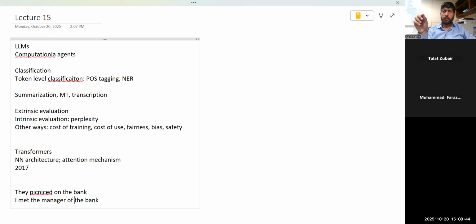And in the first sentence, it will be most primarily influenced by the word picnic. जब उस बैंक का वर्ड को पता चला कि पीछे पिकनिक आया हुआ है तो उसकी वो एम्बेडिंग वो चेंज कर देगा, उसकी रिप्रेजेंटेशन वो चेंज कर देगा. सिमिलरली बैंक के पहले उसको पता चला कि मैनेजर आया है तो इसका वो रिप्रेजेंटेशन चेंज कर देगा. ठीक है. वाइल इन द प्रीवियस केस जब हम वर्ड टू वर्क लर्न करें तो बैंक की एक ही एम्बेडिंग थी जिसमें होपफुली ये सारी रिप्रेजेंटेशंस थी, बट स्पेसिफिकली फॉर अ पर्टिकुलर कॉन्टेक्स्ट नहीं था.